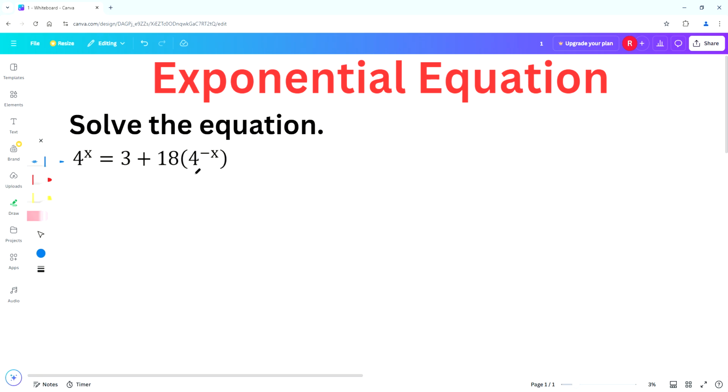In the term 4 to the power negative x, the exponent is negative. The first step is to change this negative exponent into a positive exponent. We should move the 4 to the denominator. The first step is